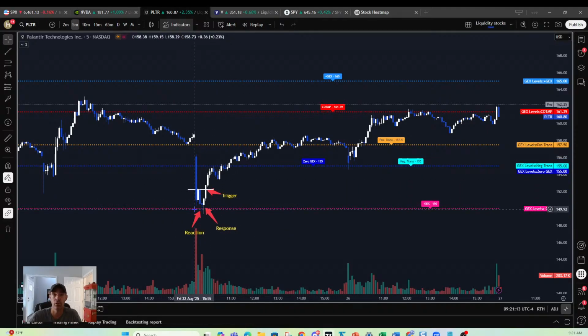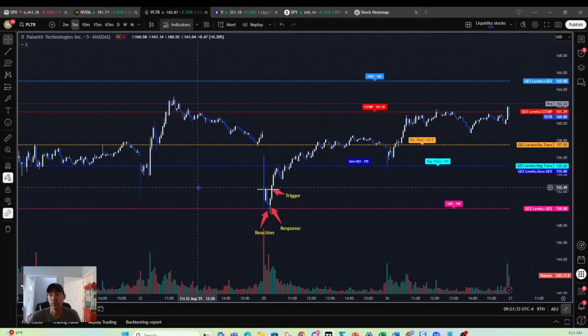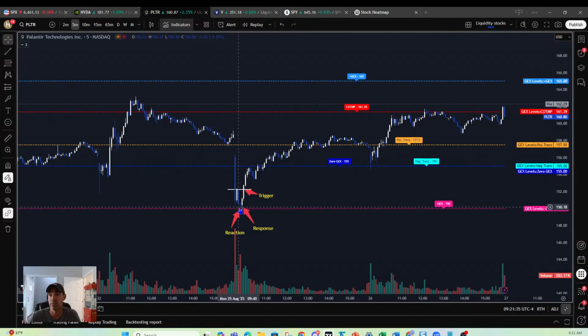Again, negative GEX is a local put peak where many times you can see monetization. Obviously, below this negative GEX, you enter a more negative gamma, put-dominated environment, and it would be much weaker for the stock. So we watch for these pullbacks towards these key levels to see if we get a reaction and a bounce. Obviously, there was a significant reaction off of that negative GEX level. So if there were short-term put speculators, most likely this is monetization.